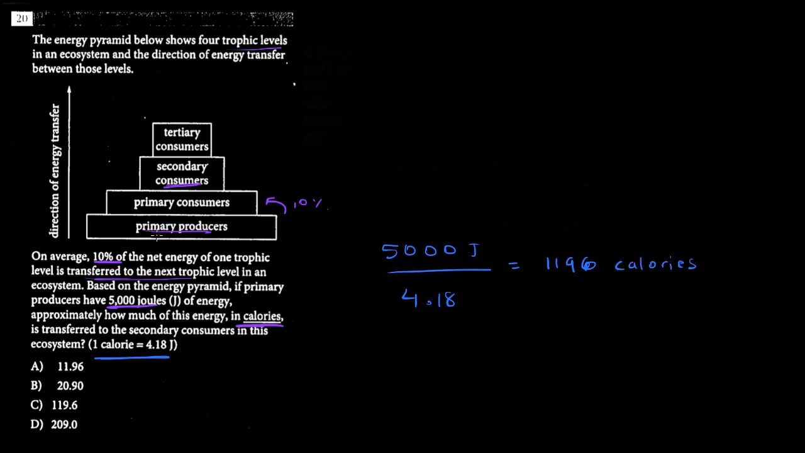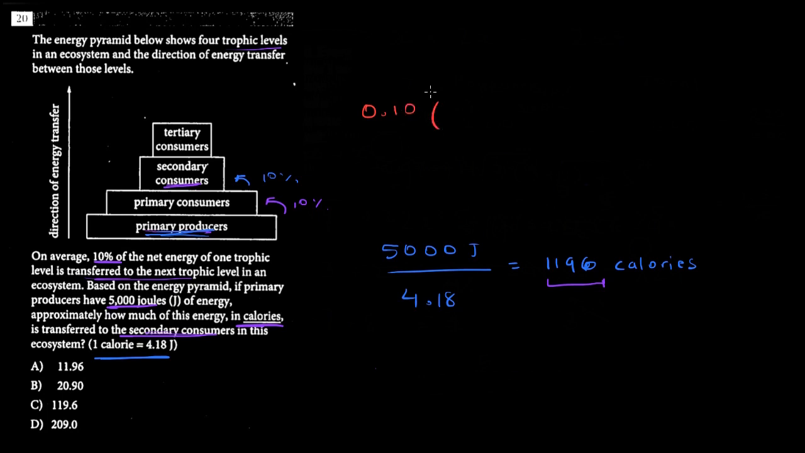Okay, and so this is the calories of the primary producer, and we know that between each trophic level, only 10% is transferred. So the primary consumer gets only 10% of this number right here, and that's what the primary consumer gets. Mind you, the question is asking for the secondary consumer, right? So the primary consumer gets